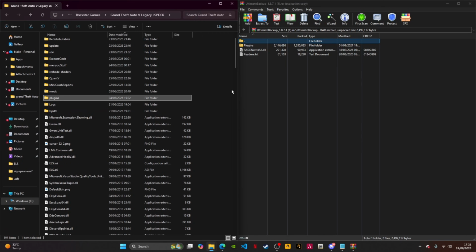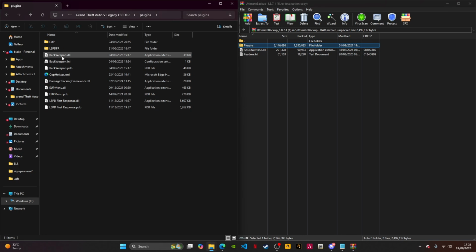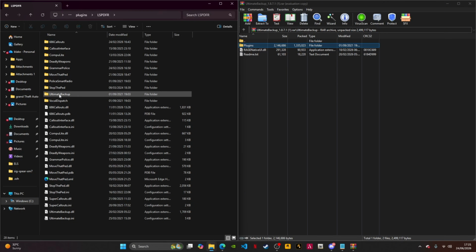Open up the game folder. And then since you had the range native UI in the last download on your compute light, instead you want to leave that out and just include the plugins folder. So drag and drop this in here. This will automatically update your plugins folder once again, and you should start to see your compute light in here, as well as your ultimate backup folder in here, as well as the DLL and